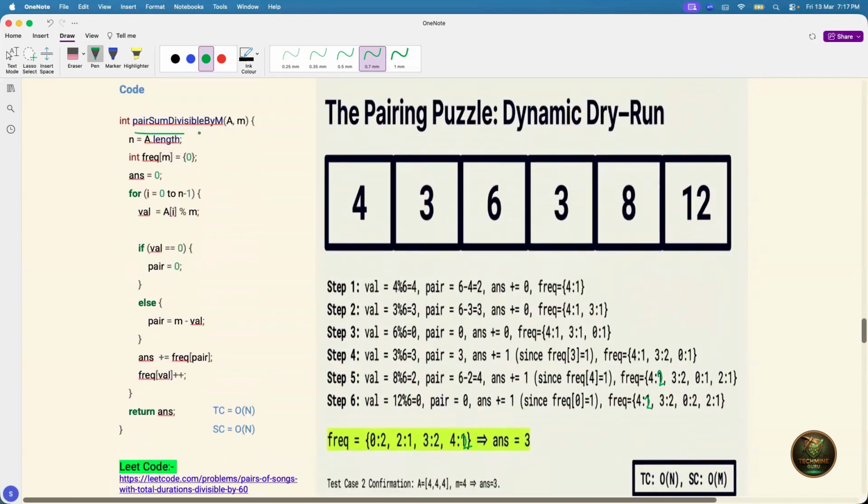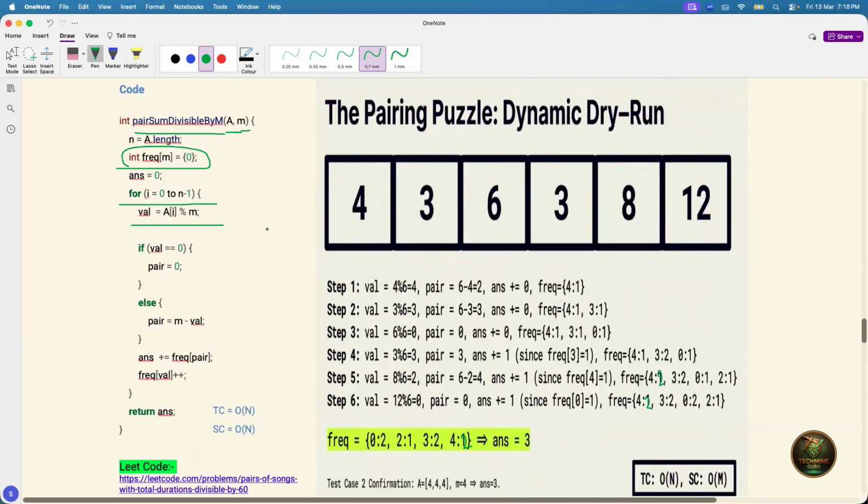So you have defined a function pairSumDivisibleByM. You have taken the array as a and modulo constant as m. Now you have taken one hash map. Don't worry about this, we will learn it in the next class as well. So a hash map is something where you can keep key-value pairs. Now you will run a loop from i equal to 0 to n minus 1,